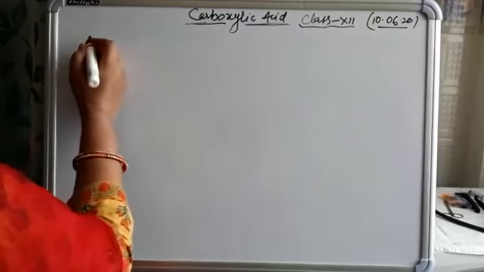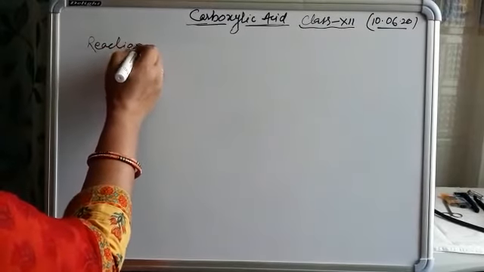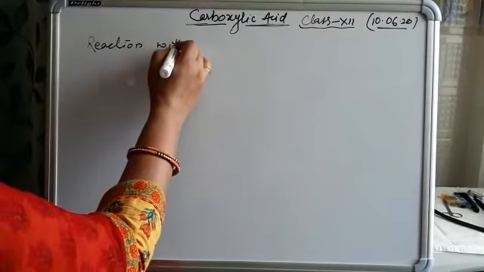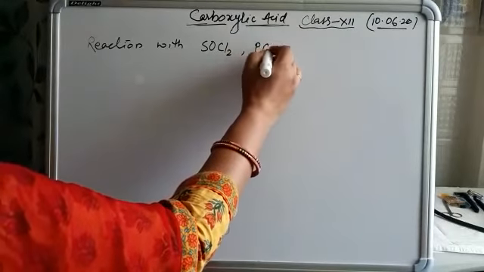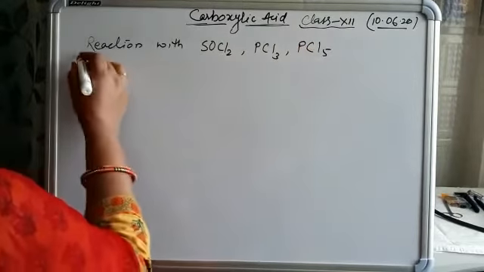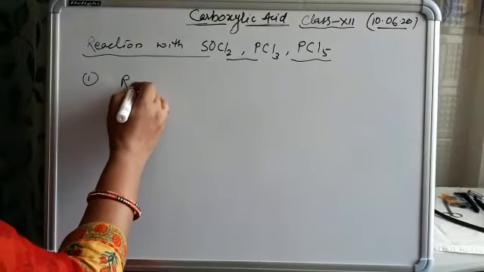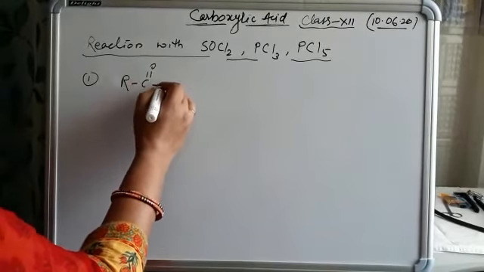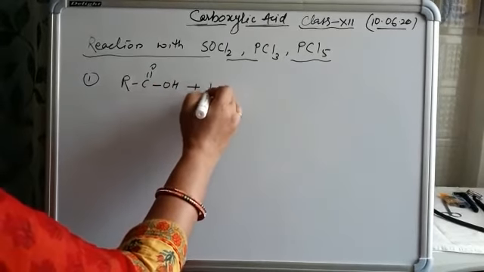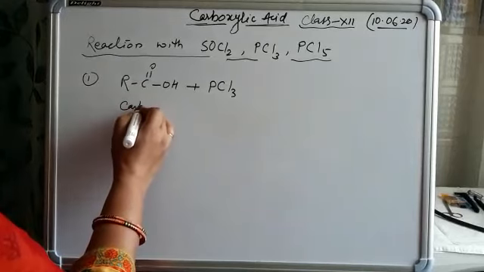Now our next reaction is the reaction of acid with thionyl chloride or phosphorus trichloride or phosphorus pentachloride. See what happens when acid reacts with these molecules. If acid reacts with phosphorus trichloride, this is the carboxylic acid,